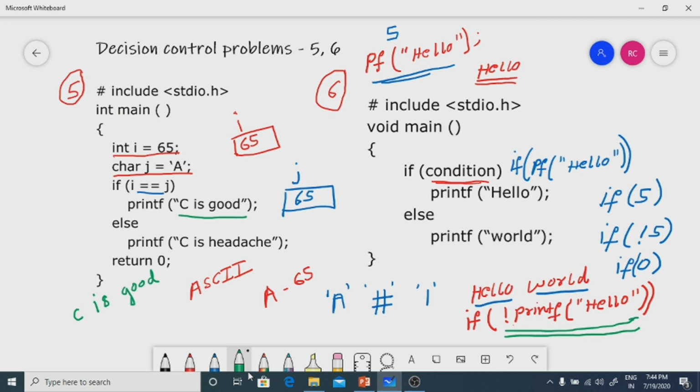So printf hello will print hello onto the screen and return 5. Then it becomes if not of 5. 5 is a non-zero value, considered true. Not of true becomes false, if 0. So if 0 means it will come to the else part and print world. So I will get the output hello world. So this is very important.